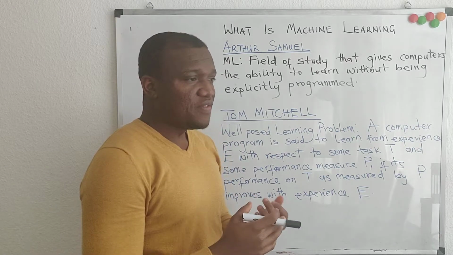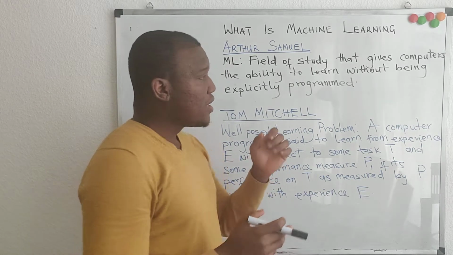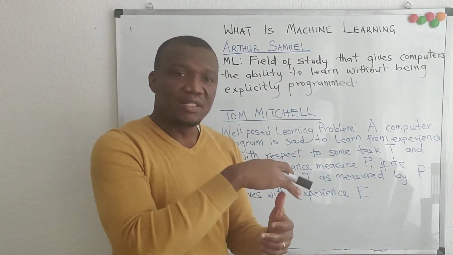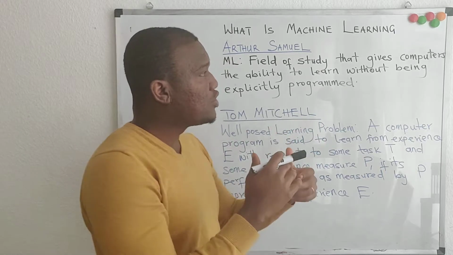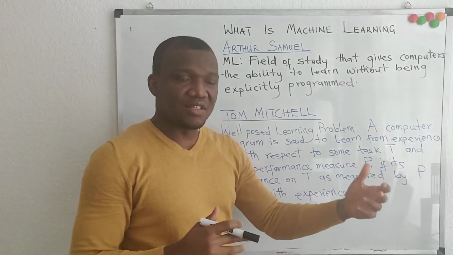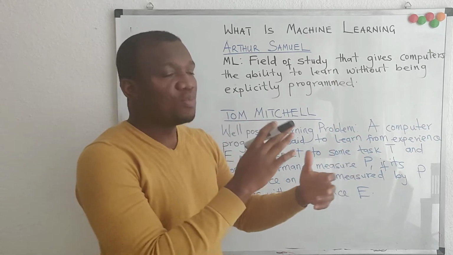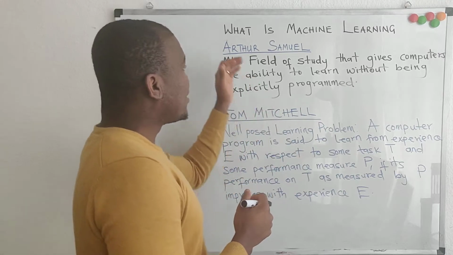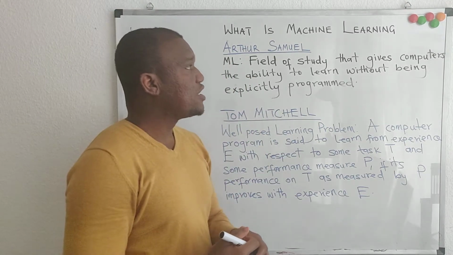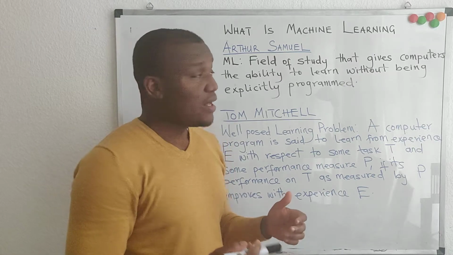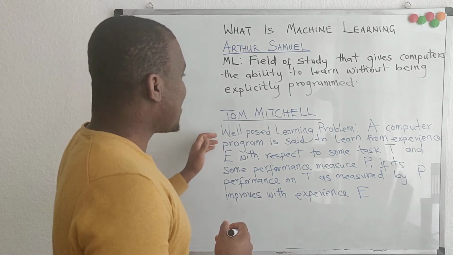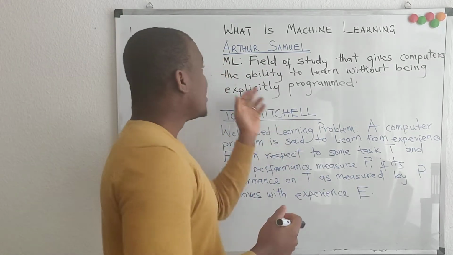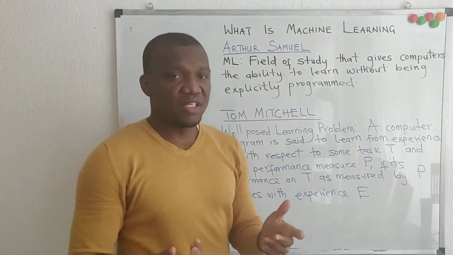So in previous videos, I kept mentioning that AI has to do with giving new abilities to computers, helping computers to take intelligent decisions, or helping to let computers mimic the cognitive abilities of humans, okay? But now we are going to look at a formal definition of machine learning. And these formal definitions we are going to look at are definitions that were written by two pioneers of the field, Arthur Samuel and then Tom Mitchell.